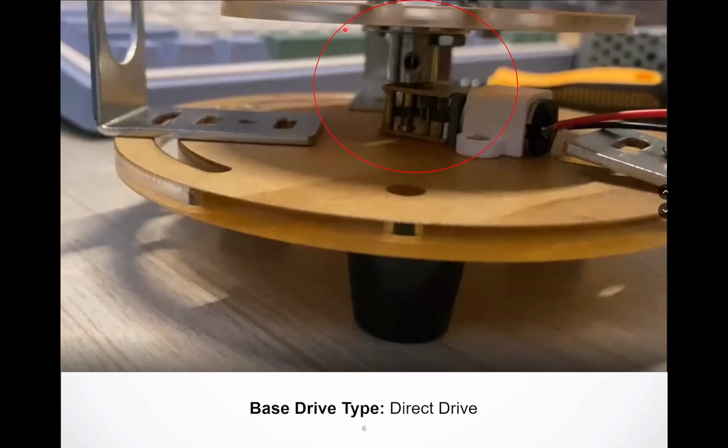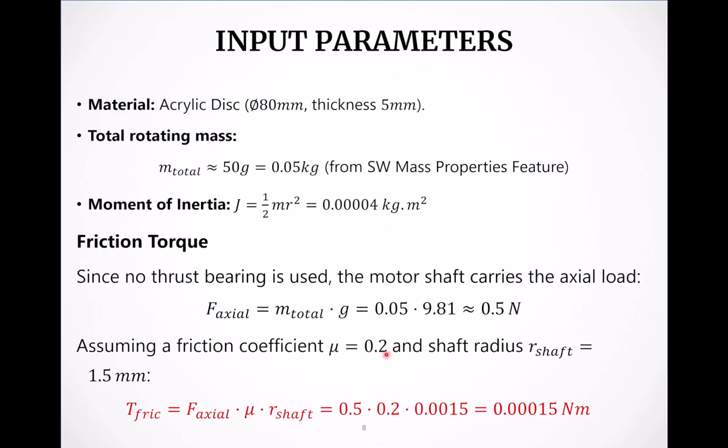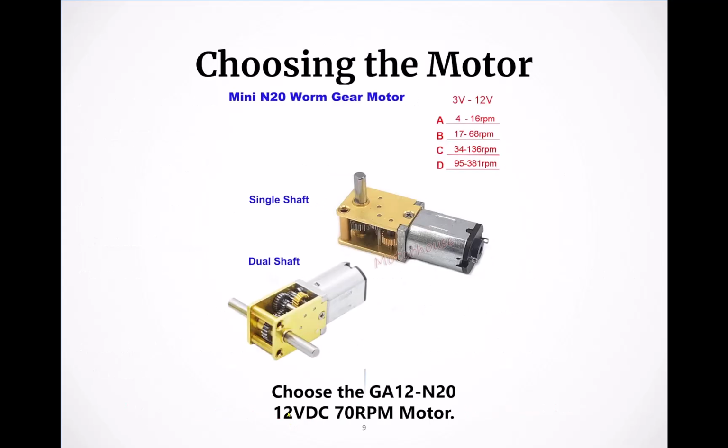Here we recheck the motor mounting to see if it's safe enough. So to verify if the motor can handle the direct drive mechanisms, we perform a dynamic analysis. With a 50-gram acrylic disc, we calculated the required torque to overcome inertia and friction. Here are the answers, and we need to find the safety factor in order to know if the motor is